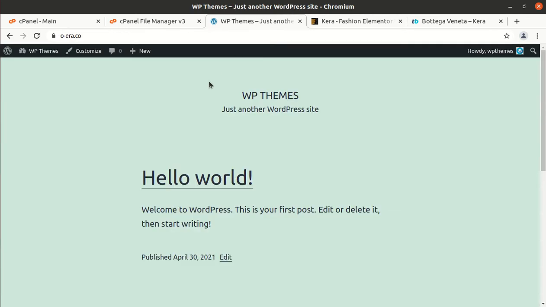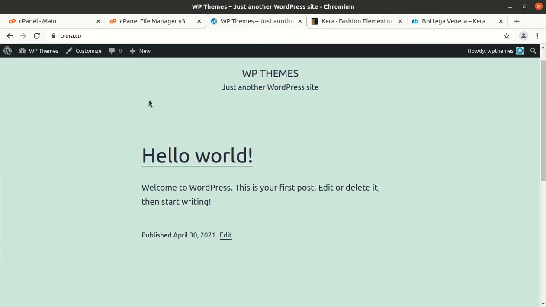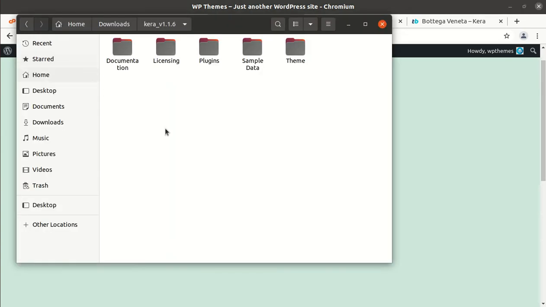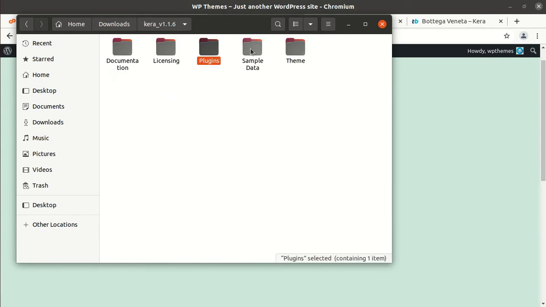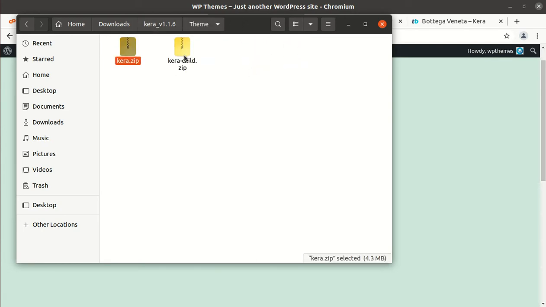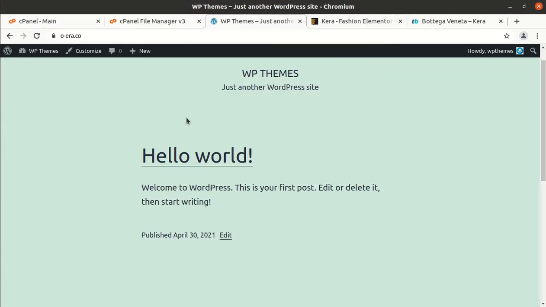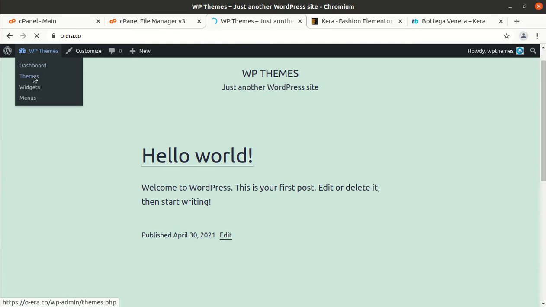I have a fresh installation of WordPress in which the default 2021 WordPress theme has been installed, and I got the theme pack as well. In the theme pack I have documentation, licensing, some plugins, the Revolution slider is given, and sample data has been given, and the theme files themselves. So the main theme file and child theme file are here for our use. And for installing we have to go to the theme section of WordPress,